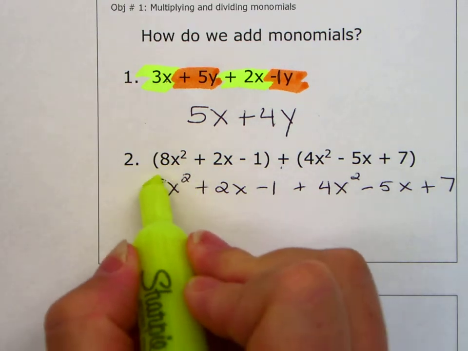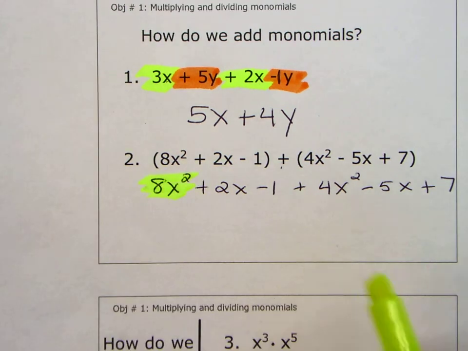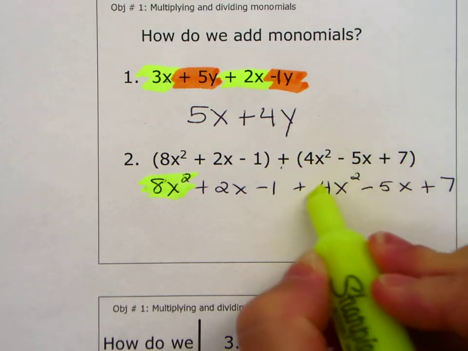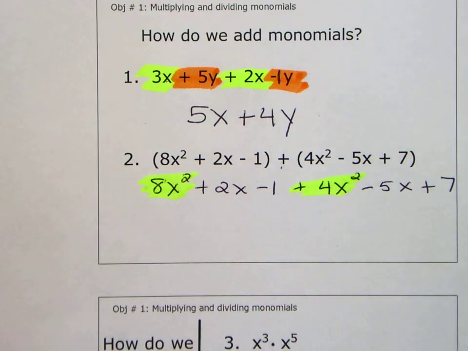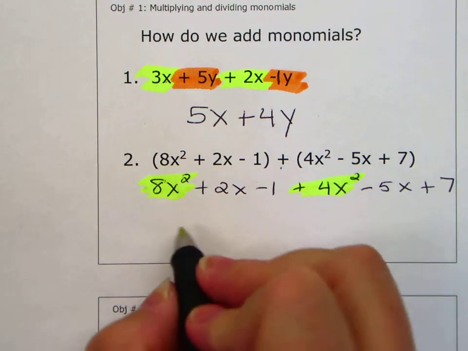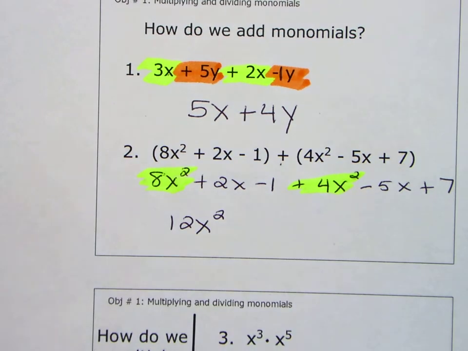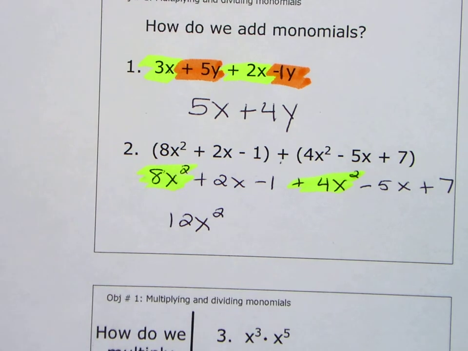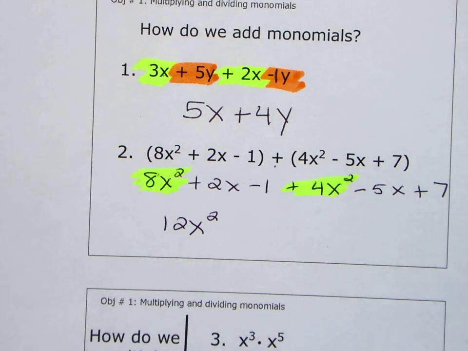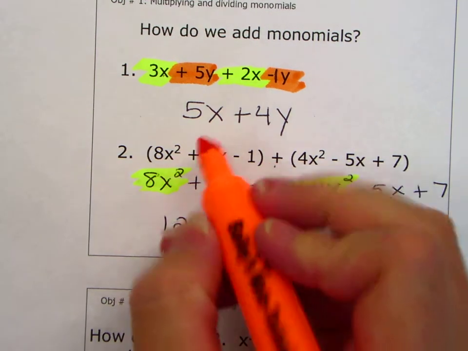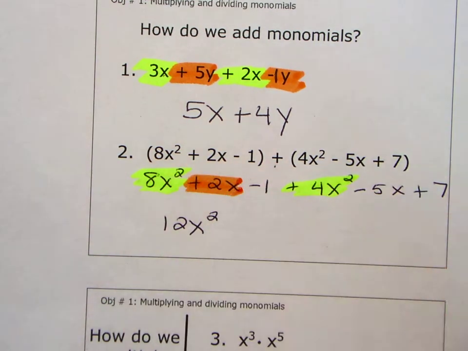So again, we're looking for like terms. Here we have 8x squared. What other x squared do we have? We have positive 4x squared. Right? We put those together. 8 and 4 is 12. Again, x squared plus x squared, the x squared stays the same. Right. The next one is the 2x, and we have minus